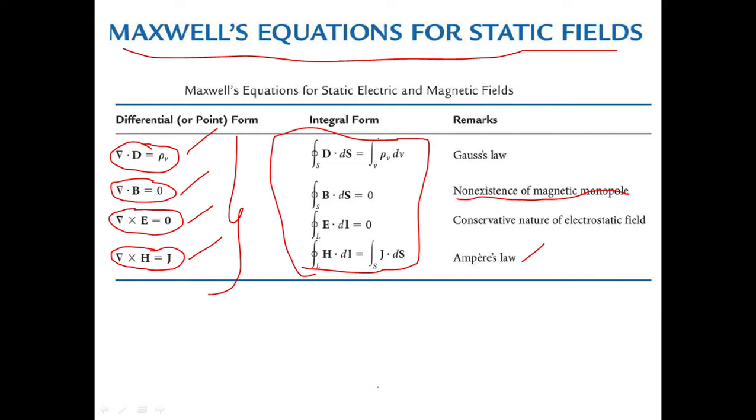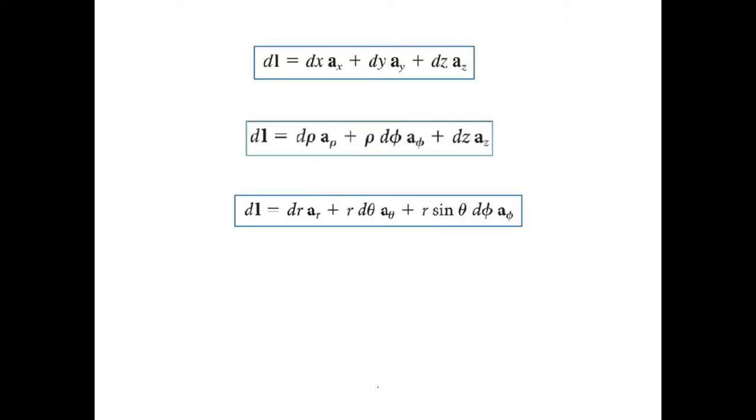Now, I also wanted you to note down these differential elements. Anyway, we discussed this in module 1, but I thought it would be helpful if I post it here. You can go through your book, or note it down by pausing the video. First, for the Cartesian coordinate system we have dl in this form. This is for cylindrical and this is for spherical, right? All these we may require for solving the problems today. That's why I put them here.